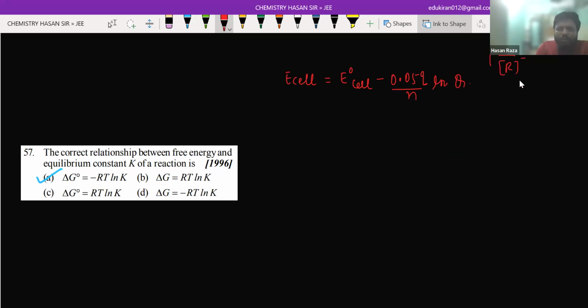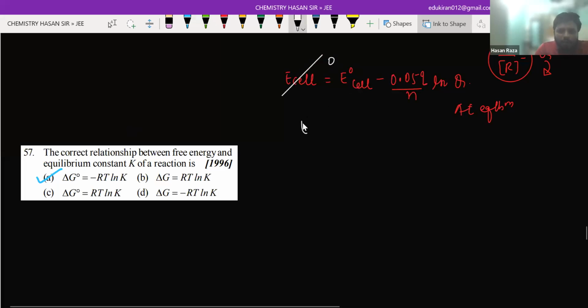And if this product over reactant will be equal to Q, it is the reaction quotient, other than at equilibrium. This is equilibrium, not the equilibrium constant. Basically, it is other than equilibrium. Now, at equilibrium, what will happen? Everyone knows that at equilibrium, I just told you that this part will be zero. So if this part will be zero, we can write E naught cell will be equal to, now see,